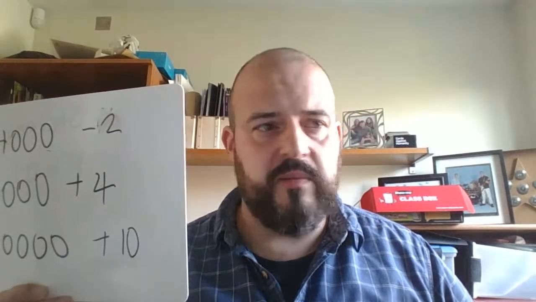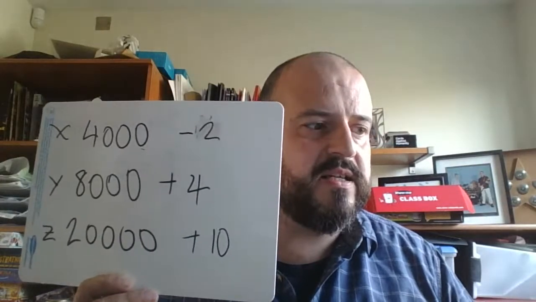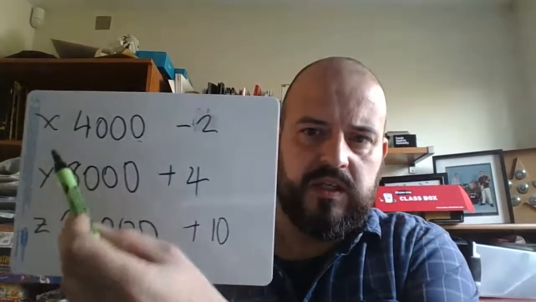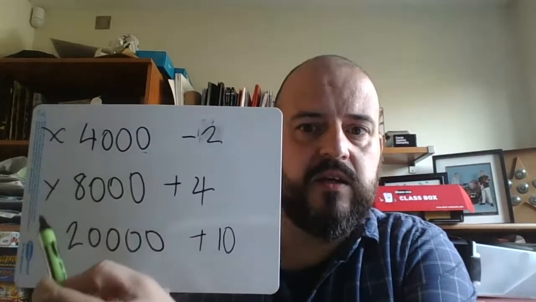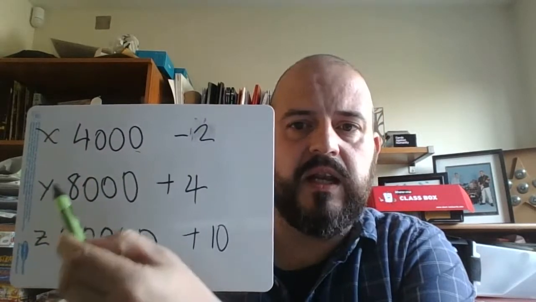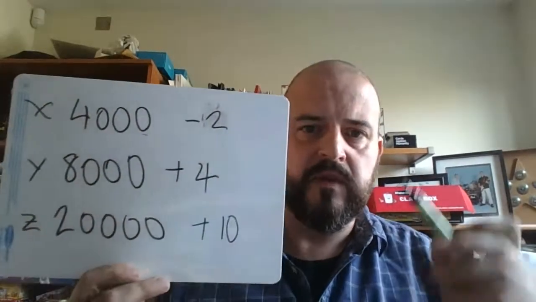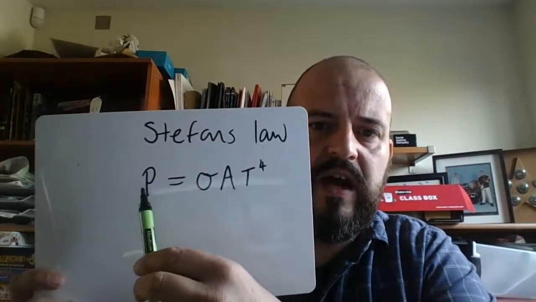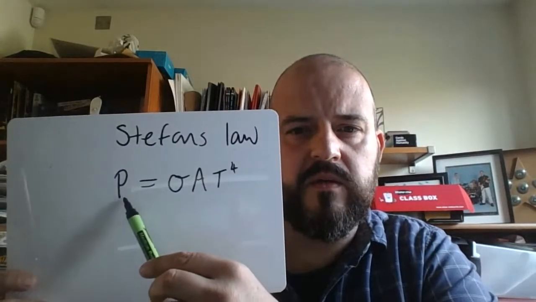The bit you were struggling with, I think, was C. Calculate the ratio of the diameter of X and of Y relative to Z. So we'd start by saying, right, what's the ratio of the diameter of X compared to Z? And then what is the diameter of Y compared to Z? Now, to do this, back to Stefan's law, if I have the power of each one, what I would probably do is I would